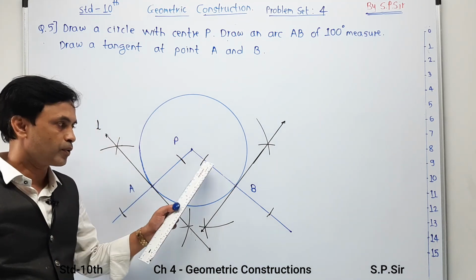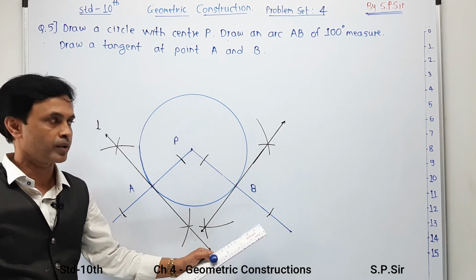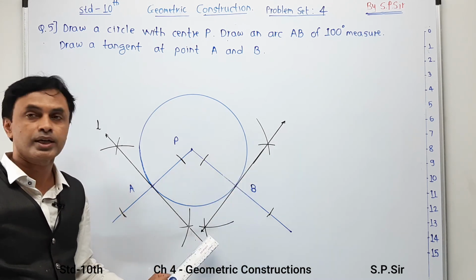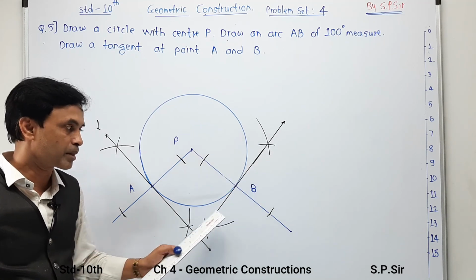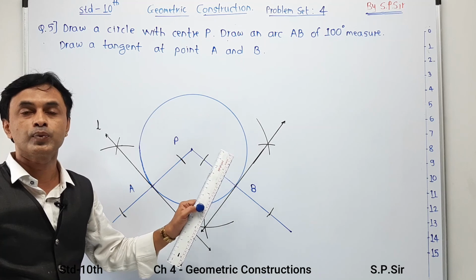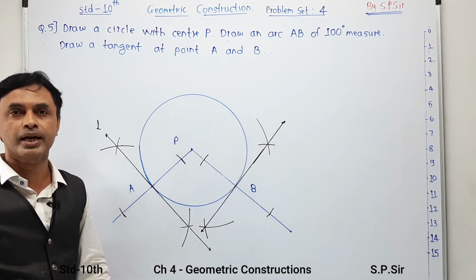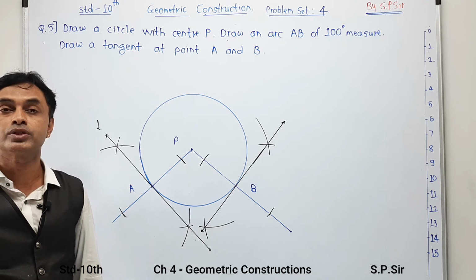Once again student, while marking such an arc over here, please be careful when you make a mark and check whether this distance is accurate or not. When you make a mark outside the circle, at that time also check whether your first mark, second mark and point B are collinear or not, and if not, find where the error is and make a perfect diagram. And this is the most favorite question of the board.